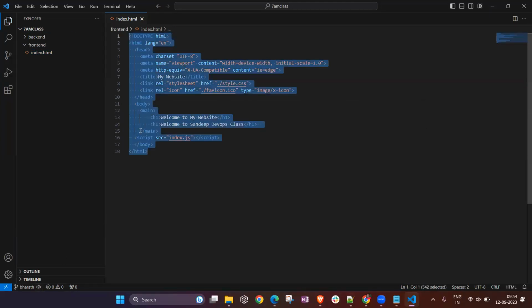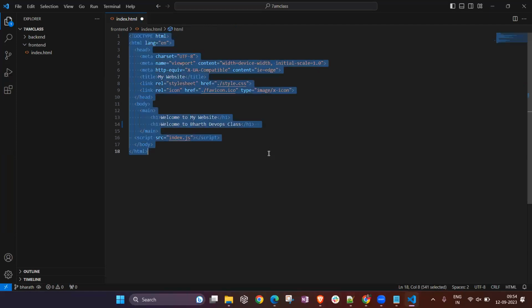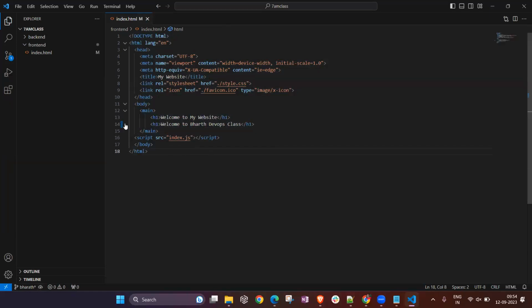From the Bharat branch, welcome to Sandeep. No, it's a Bharat DevOps class. When I modified the changes, if you clearly observe, it is in blue color. Whenever you are adding a new line, or making any changes, that is going to be in blue color. If you are updating something which already existed,